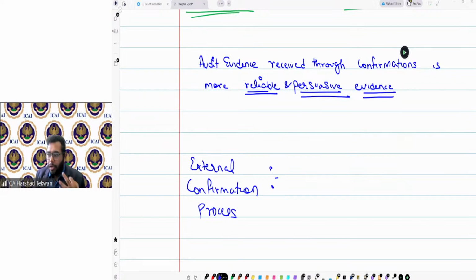So when I talk about this case, at that time it was identified that the evidence collected through confirmations was not appropriate, because the letters of confirmation were either not correct, or were shared through the management.